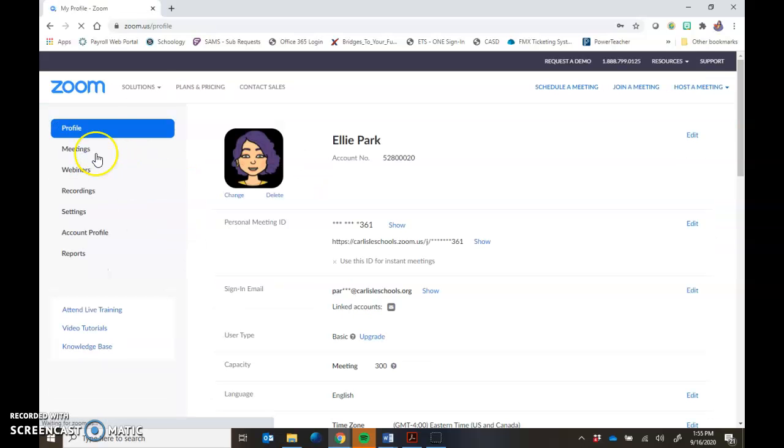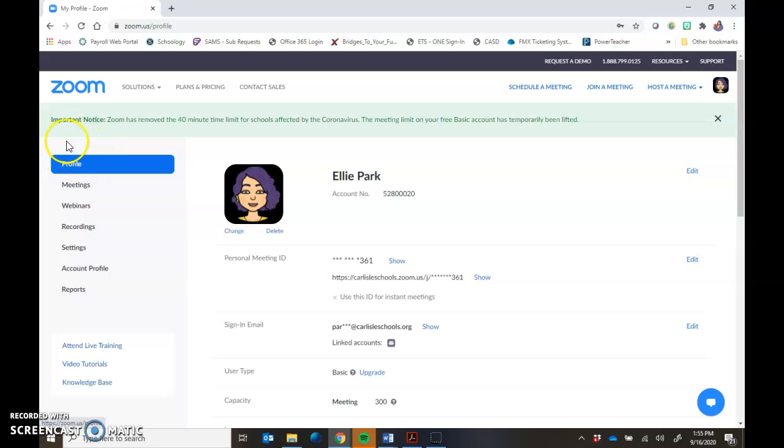Once you have done that and created your account, you're going to go to profile here on the left hand side. And you can see I have a little Bitmoji picture of me as my image. Yours will be blank automatically. So you can hit change